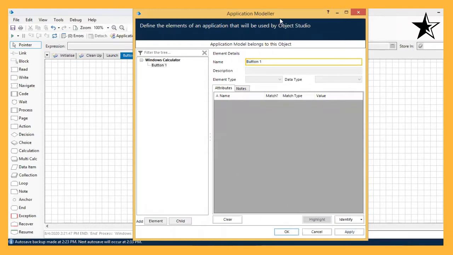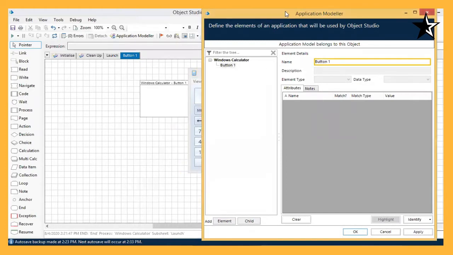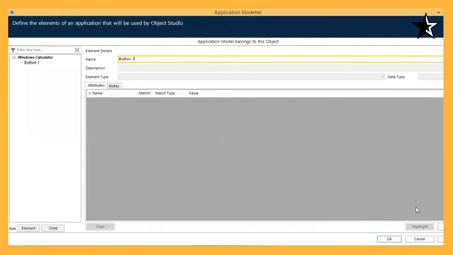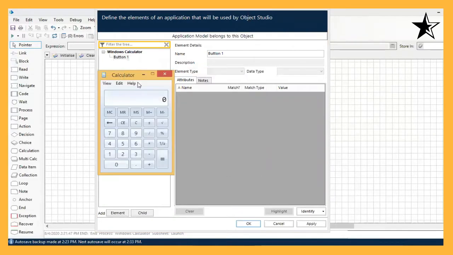And now I want to identify something with the already launched application. So for launching the application, I just close the application. Once again, I tell you everyone, for launching the application, for spying the attributes and spying the buttons, you have to launch the application first. The application is launched now, and then you need to click onto the identify.